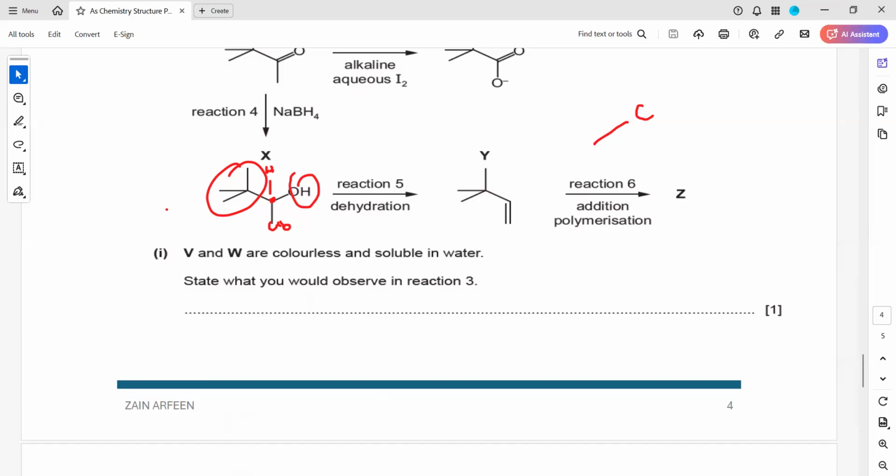This optical isomer drawing is only for Cambridge students, not for Edexcel. They will study this; you will learn optical isomerism in A2, like drawing of the optical isomer. The concept is there, you have to learn what an optical isomer is, but not the drawing. And if I want to draw the mirror image,